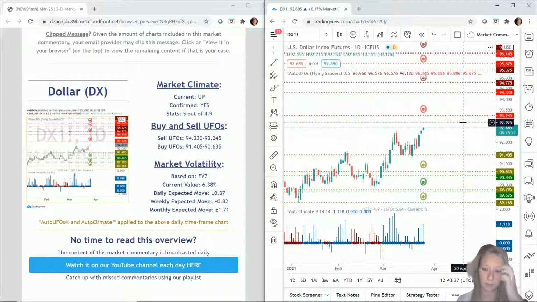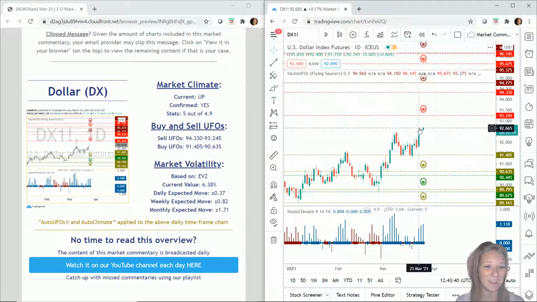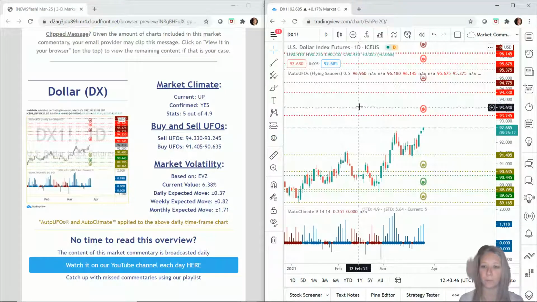Okay, next market, and in my opinion, or I guess objectively, the most important one, the US dollar. That's what we're looking at here. We're looking at a futures contract that represents it, but we're seeing movement on the US dollar here. Now, the US dollar is the most important market in the world, based on the fact that it's responsible for about 80% of transactions worldwide every single day. So even if you don't trade the dollar, but you trade any of the other markets that we go through today, or actually most markets, the dollar will have an impact on that. So be aware of what the dollar is doing.